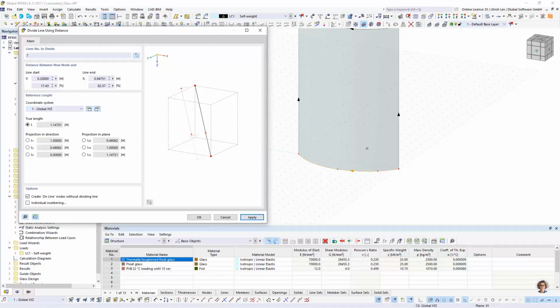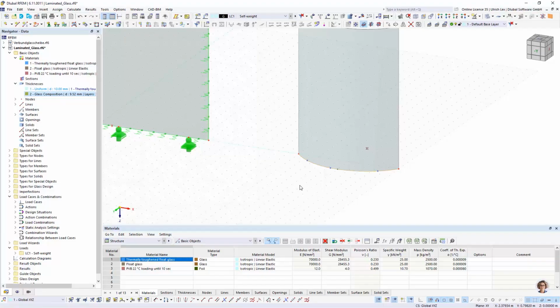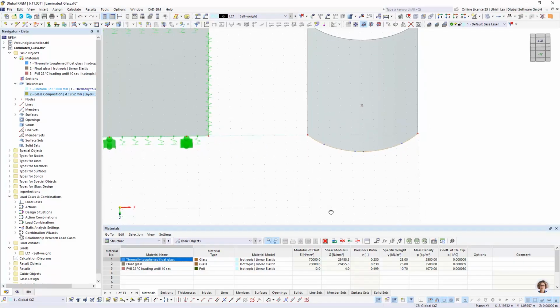and for the second I can use the line end 0.2, click apply, and the second node is created. So for the third node, I can use 0.5. It should be directly in the middle. Continue with OK. And all three nodes